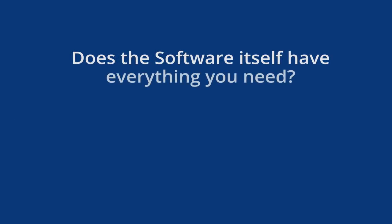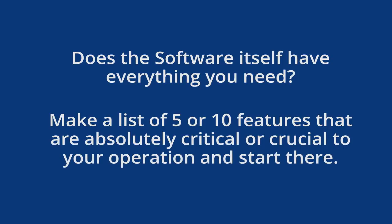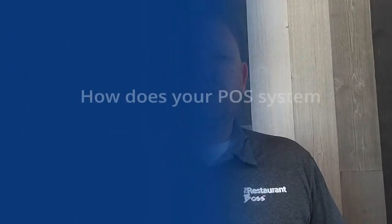You're never going to find a POS system that has exactly every single feature that you want, exactly how you want it. So make a list of the 5 or 10 features that are absolutely critical or crucial to your operation and start there. Now, the third thing, assuming you've got a hardware platform that you like and you've got a software platform that you like, now it's going to come down to the last factor for me, which is